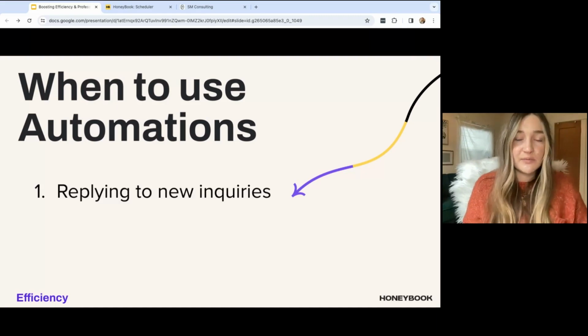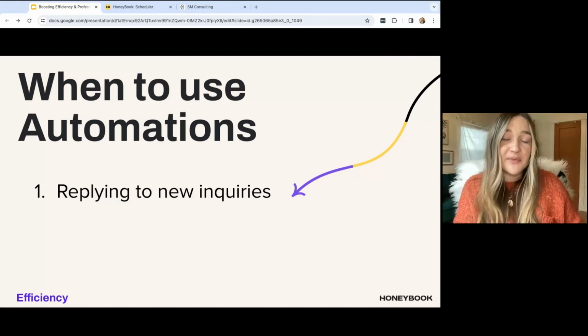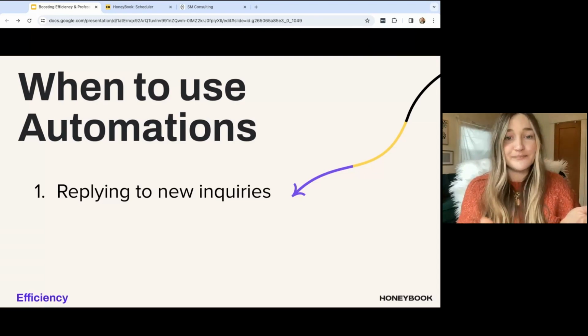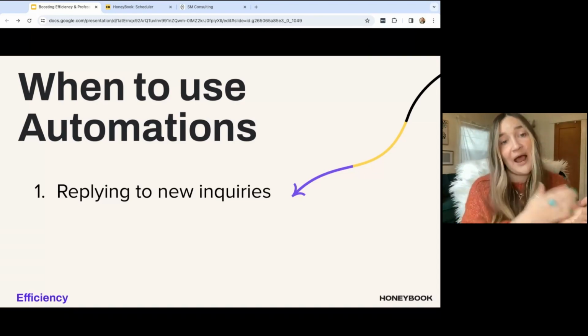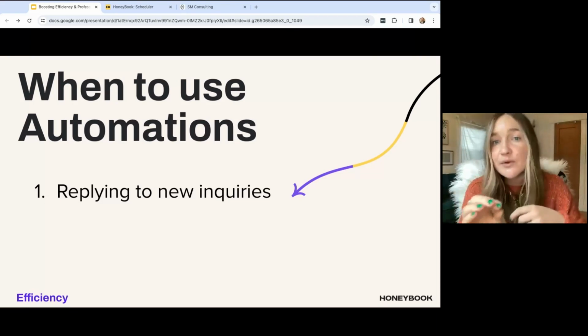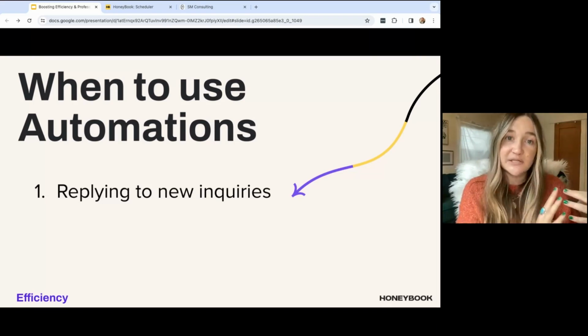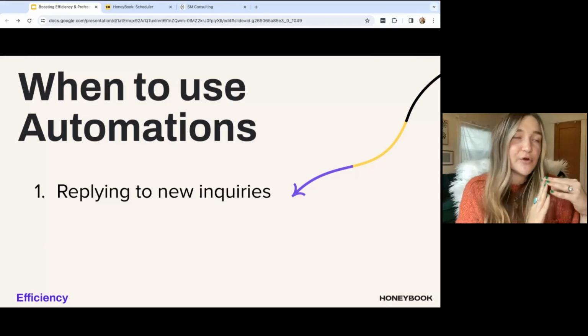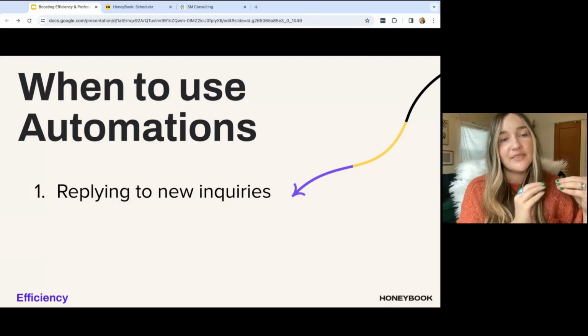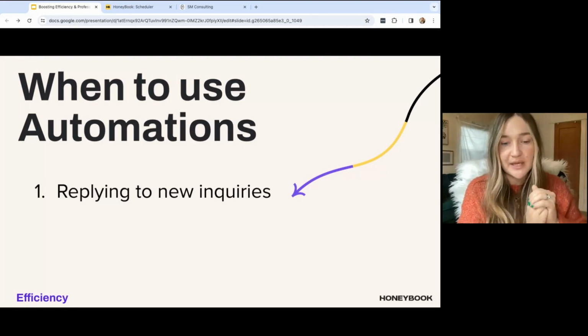Okay, so a couple examples. We've already kind of given this one of replying to new inquiries. So an example here is when someone submits that contact form or that lead form, or any other way that they're coming to you, you can have an automation set up to get the information they need out to them. So whether that is pricing or availability to schedule time with you, whatever that first kind of response looks like, that is a really, really good one if you're new to automations or if you're feeling intimidated by that process. That reply to inquiry step is a really good one just to kind of test the waters, dip your toe a little bit, and see how it feels and kind of perfect it one step at